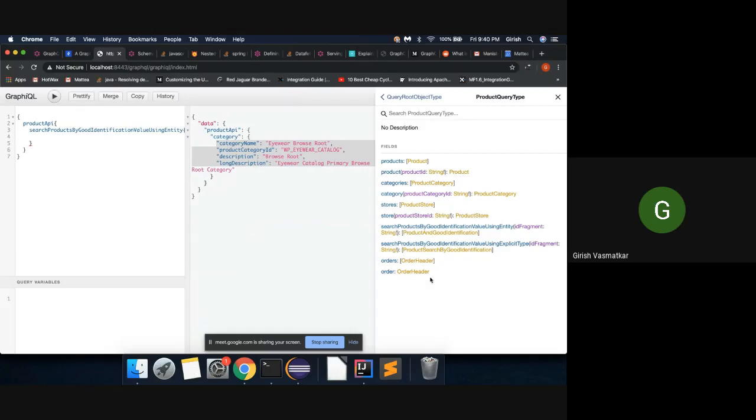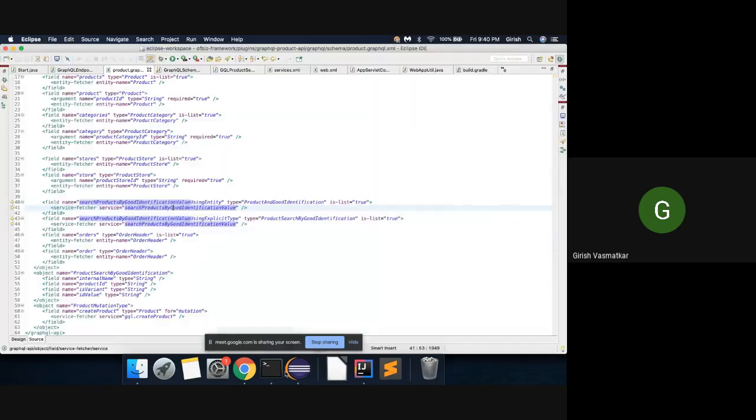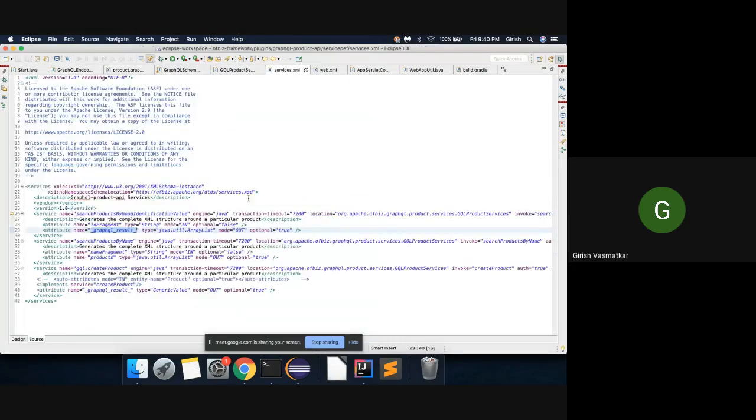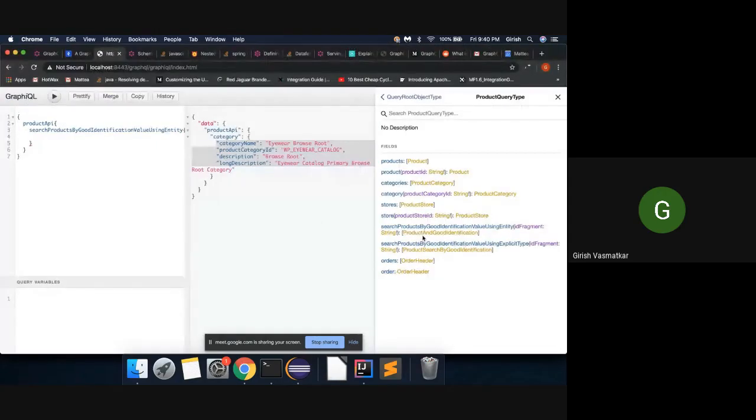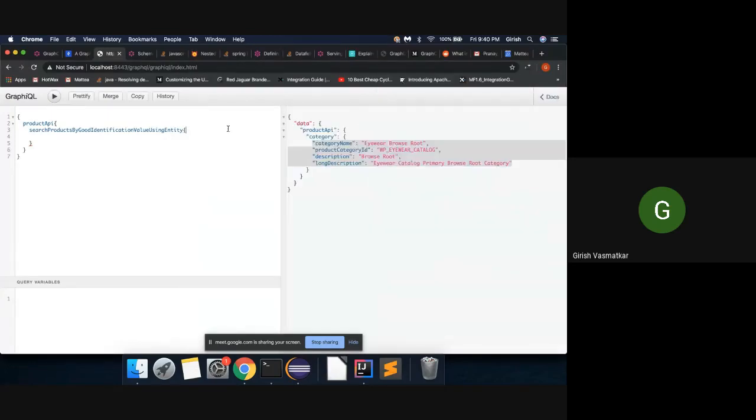So this ID fragment, I'll show you the service definition. This is the service definition of the service, and this attribute ID fragment is optional false, and it's an in parameter. So we'll be putting